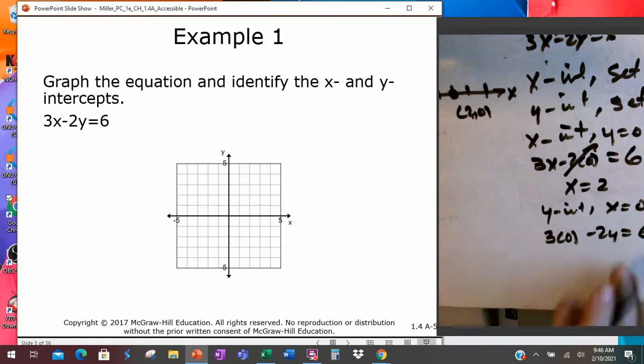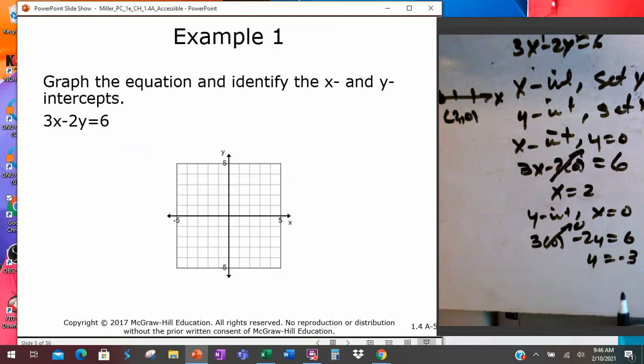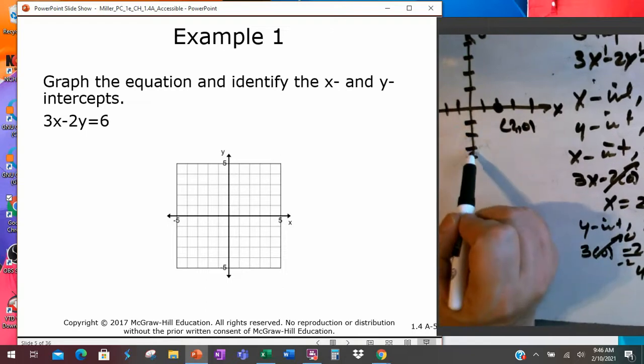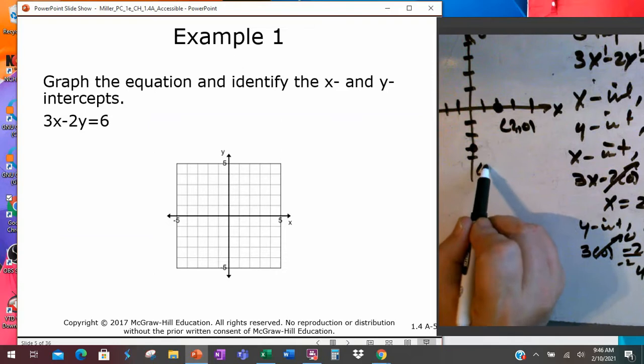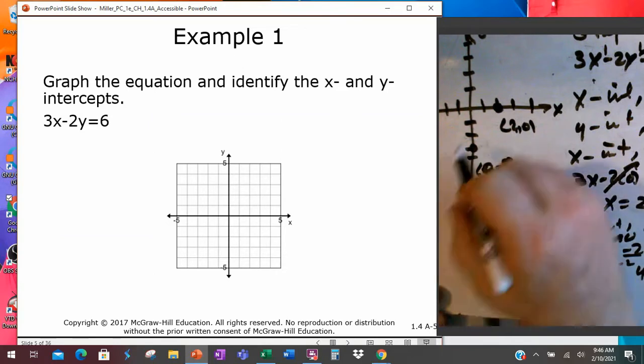equal to 6. Now, all of this goes out, and I'm just solving this: divide by negative 2, and that should be negative 3. Negative 2 here, negative 2 here, and then that's your 3. Negative 3. Okay, so down over here, I go back, negative 1, negative 2, negative 3, and I'll label that one: x is 0, y is negative 3, and then I just draw a line through there,